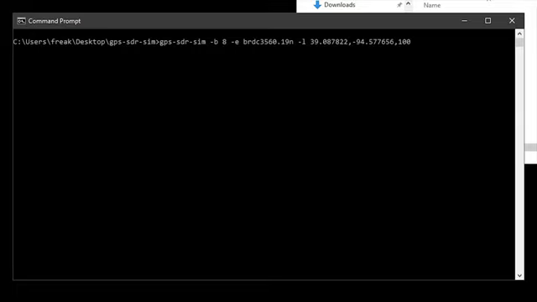So if you want to find a specific place, you can use the same coordinates that I've used if you want to make sure that it's working, or you can go ahead and get your own. And then I believe the last figure there on the end, the comma 100, that's the height above sea level. So we're pretty much ready now to execute this, and what it's going to do, it's going to generate a